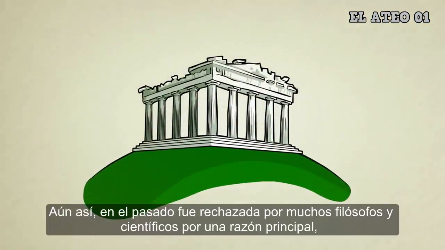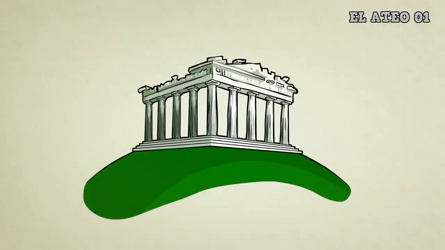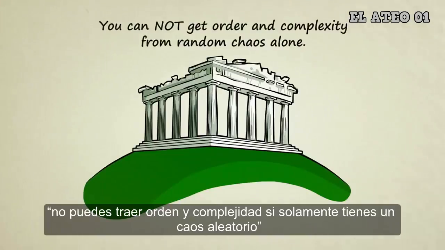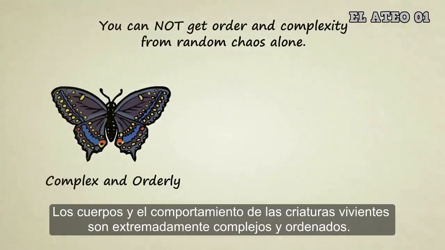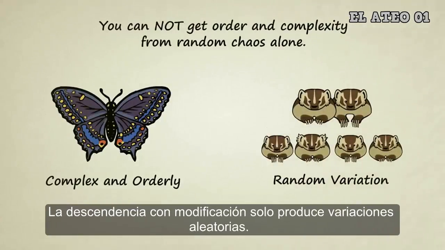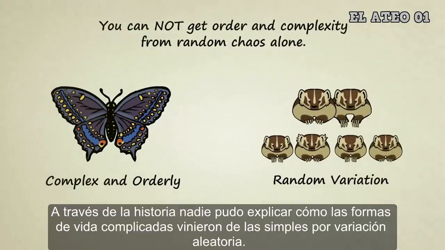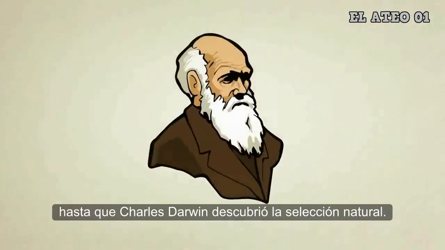In the past, however, it was rejected by many philosophers and scientists for one main reason. You cannot get order and complexity from random chaos alone. The bodies and behaviors of living things are extremely complex and orderly. Descent with modification simply produces random variation. All through history, no one could explain how complex life arose from simple life through random variation until Charles Darwin